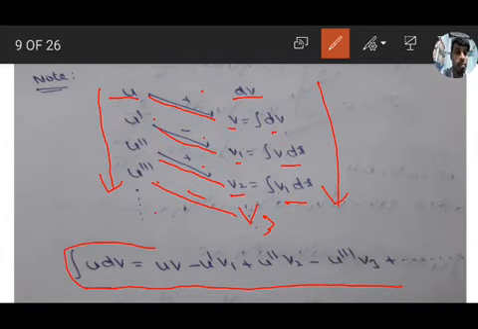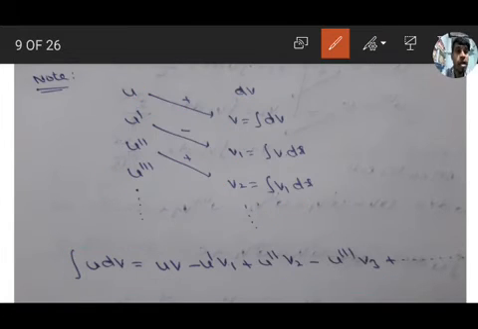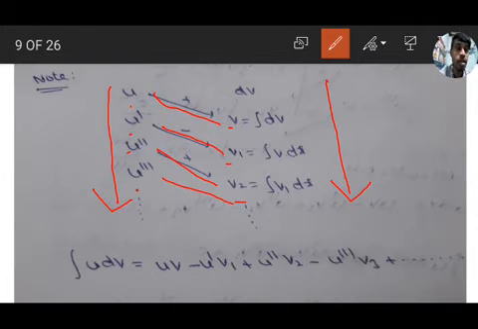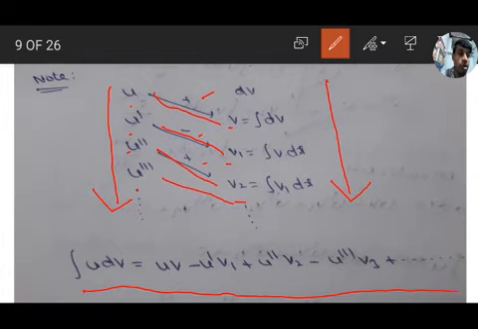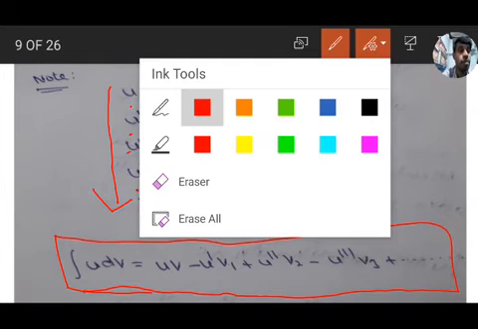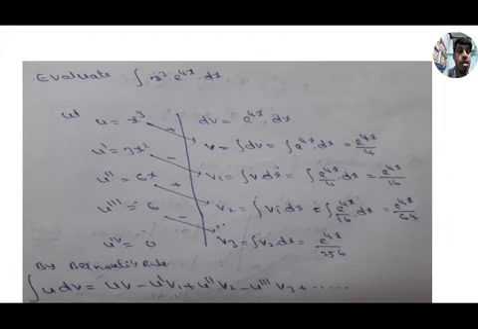It is the formula. Remember it like that. Here are the successive derivatives of u, and here the successive integrals of dv, the second function: u', u'', u''', and v1, v2, v3. So uv, u'v1, u''v2, u'''v3, first one plus, then minus, alternating. So integral of u dv equals uv minus u'v1 plus u''v2 minus u'''v3 plus so on, like that it will come. Okay. Now problems on this one.